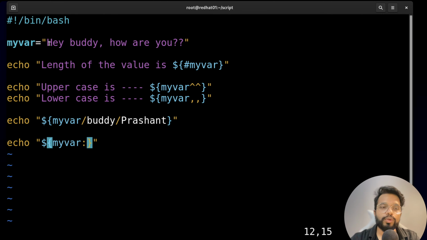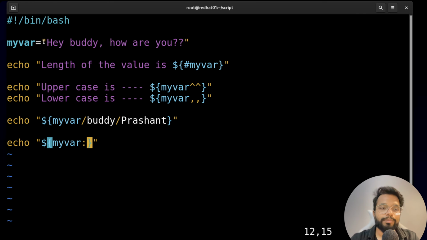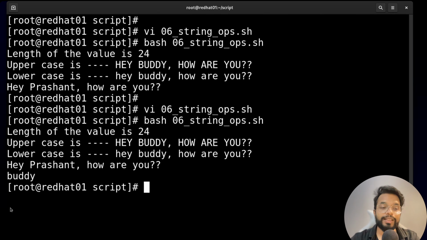So indexing is also present in these cases as well in the normal variable. So for example, 0, 1, 2, 3 and 4. So fourth index is starting with buddy. Okay, so let's say I have starting with 4. Okay, and after that how many characters I need? Okay, so I need 1, 2, 3, 4, 5. Let's say 5. Okay, like this, and I'll just save it and try to run, and you can see it